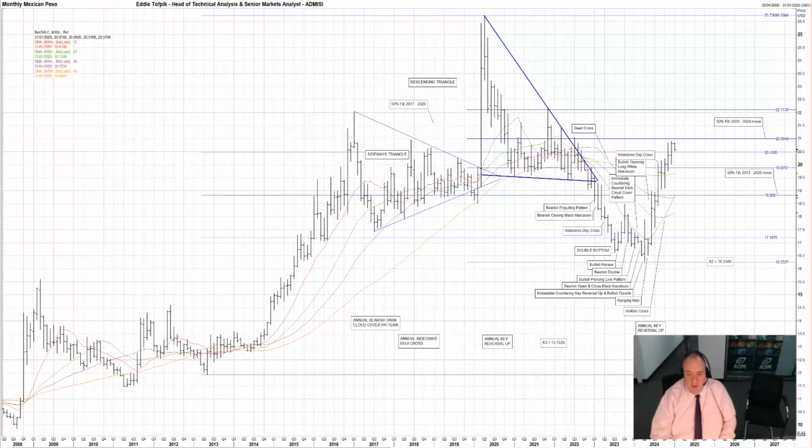Okay, so the larger of the two patterns is based on the huge move up in March 2020 that led to the annual key reversal up that year. It is the quite large 20 to 23 descending triangle pattern. Potential targets below were a primary target X2 in the 16.25-40 zone and a secondary, harder to reach target X3 down in the 13.15-35 zone. In April of 2024, the market reached a low of 16.2559 before reverting back upwards, close enough for me to call the primary target having been reached.